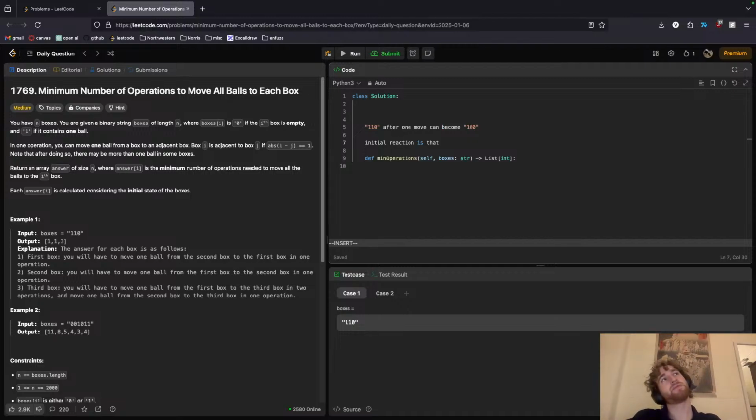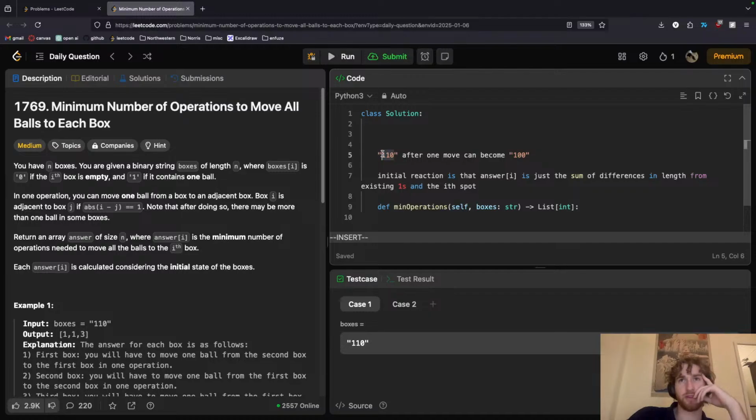Is that answer at i is just the sum of differences in length from existing ones and the ith spot? Right? Because this spot needs 1 because the difference is 1 from the nearest one. But this spot, how